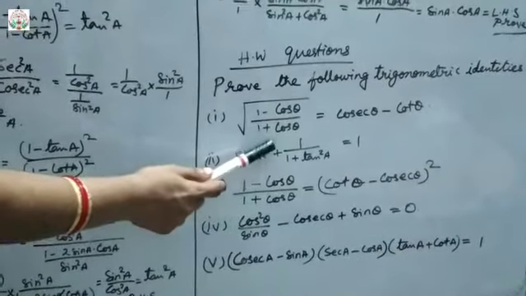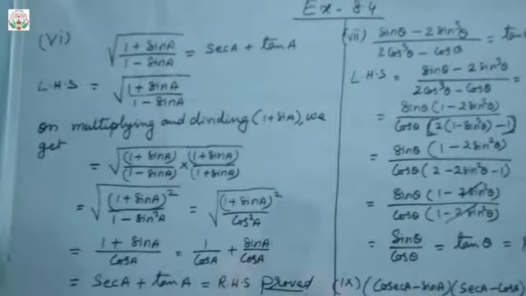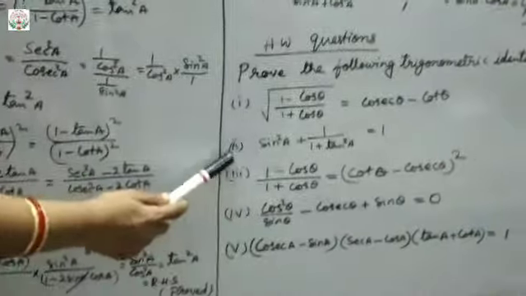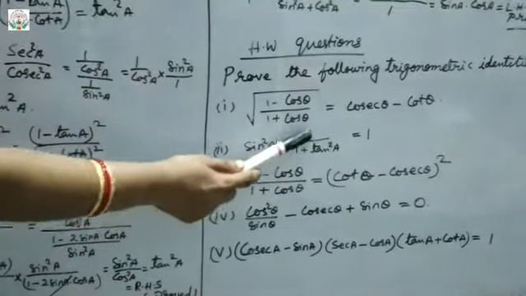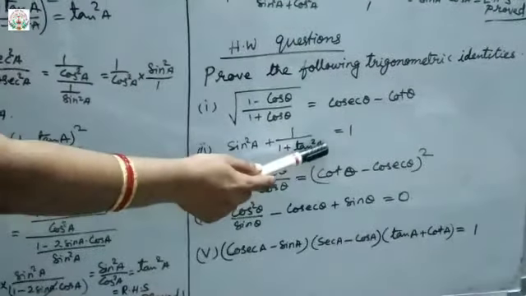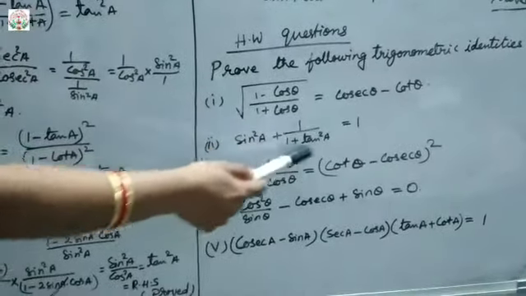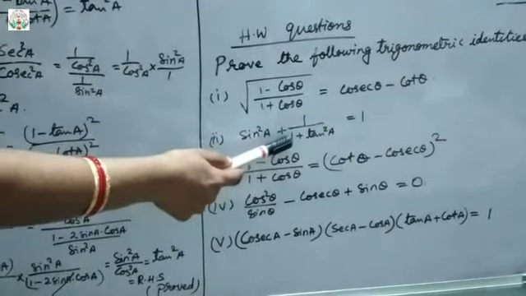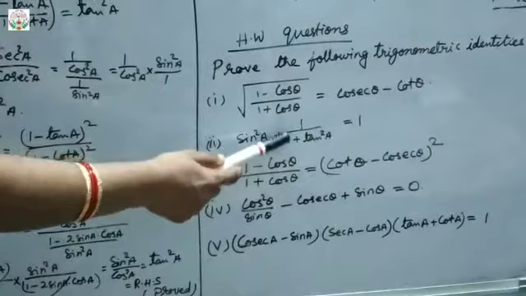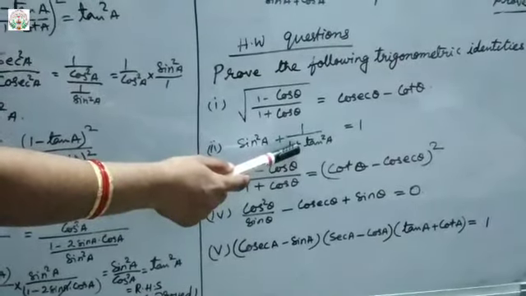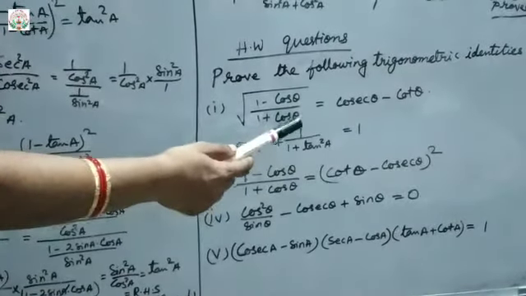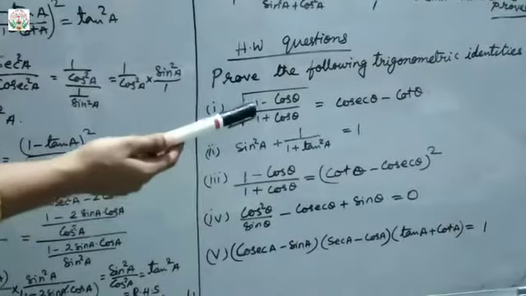This type of question one we did already, that is in the form of sine. Remember, likewise only you have to solve this to get the answer. Then the second one, sin square a plus 1 upon 1 plus tan square a. This one's formula we know, 1 plus tan square a is sec square a, and 1 upon sec square a means what? Reciprocal of sec square a is cos square a. So sin square a plus cos square a, so the value will be 1.